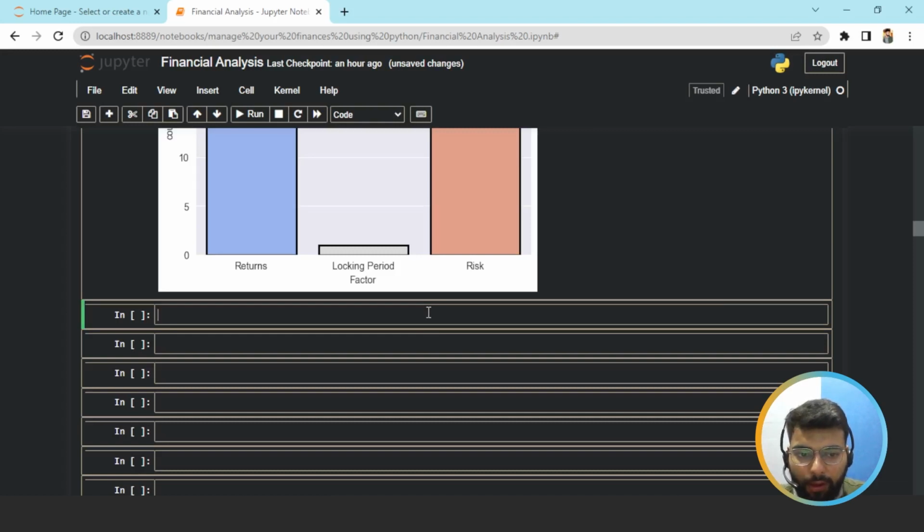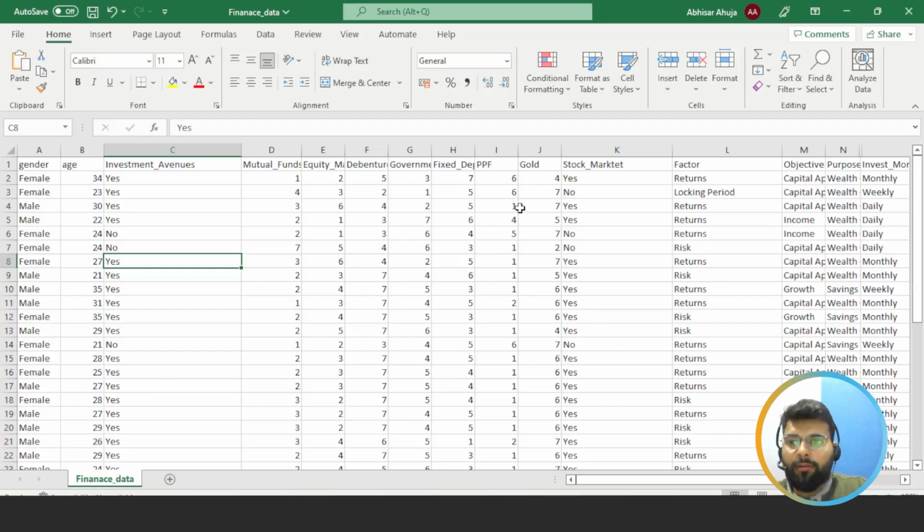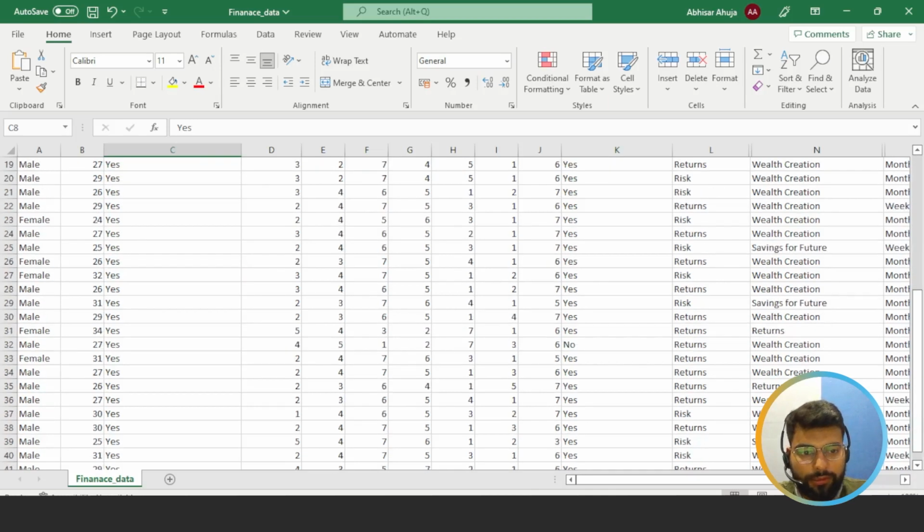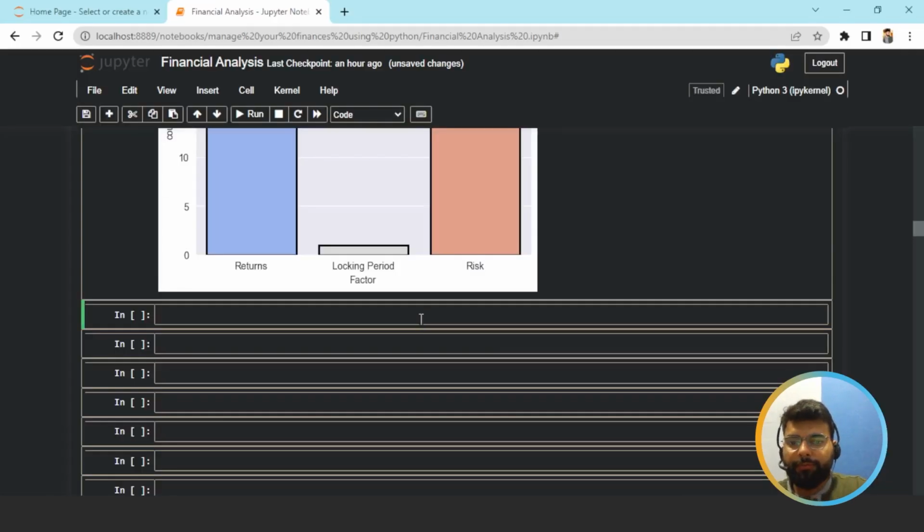And now moving on, we will use Matplotlib and have another figure, and here we will be having our plot for purpose, for which purpose the people are investing. If you could see the purpose here, that is for wealth, savings, for which purpose they are investing, wealth creation or just savings for future or returns. So we'll create a plot here, and for that we'll use matplotlib,